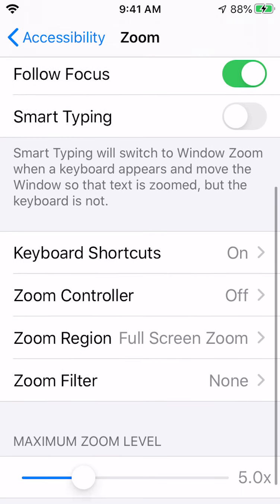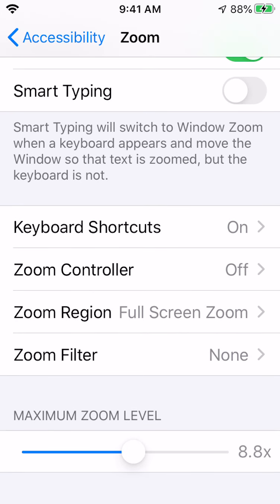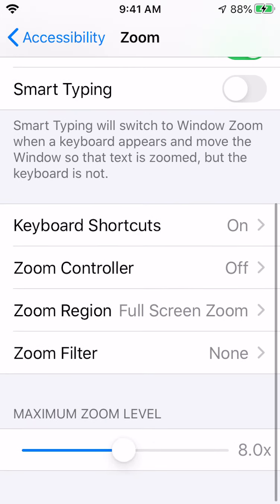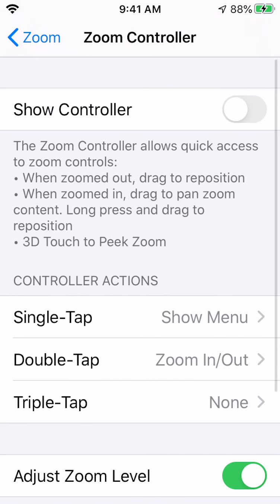So, wow, maximum zoom level down here. You have the change your